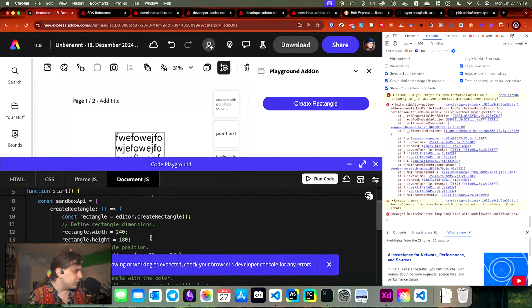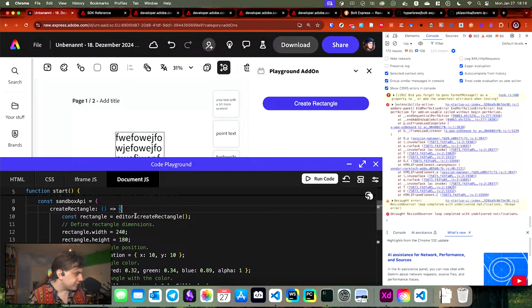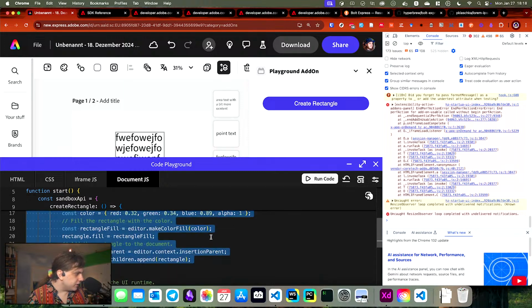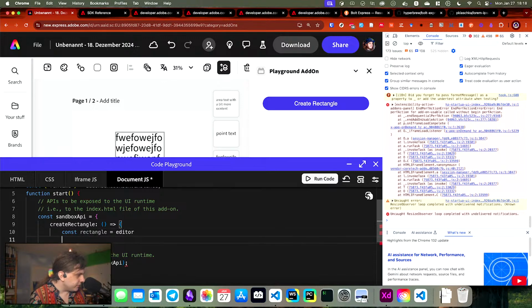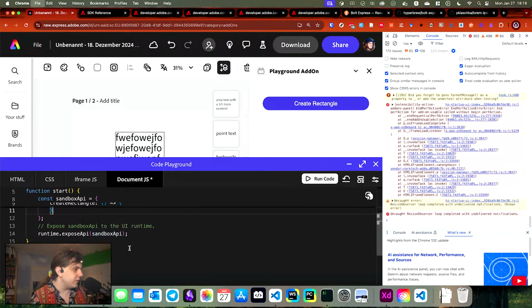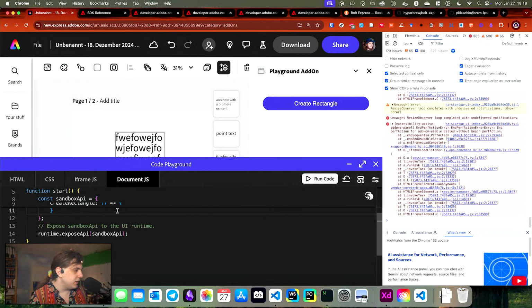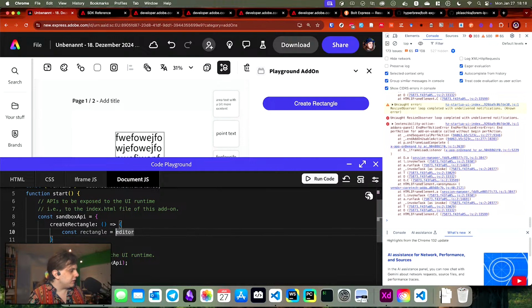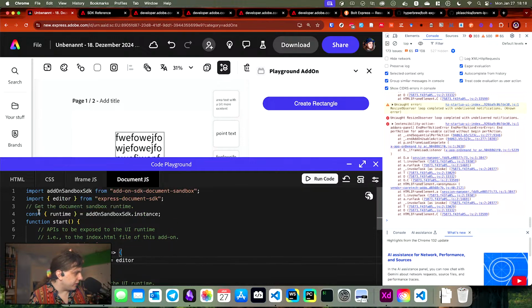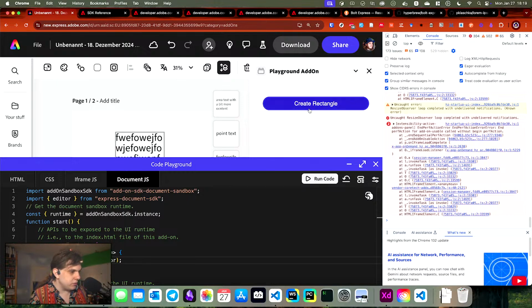And while we won't create a rectangle here, we can just remove all of this. Add rectangle. We can still keep it as create rectangle. I don't have any issues with that. Okay, we apparently already have the editor, so that just comes off the Express document SDK. And so let's just try and console.log the editor and see what we can find there. So run the code, create the rectangle,